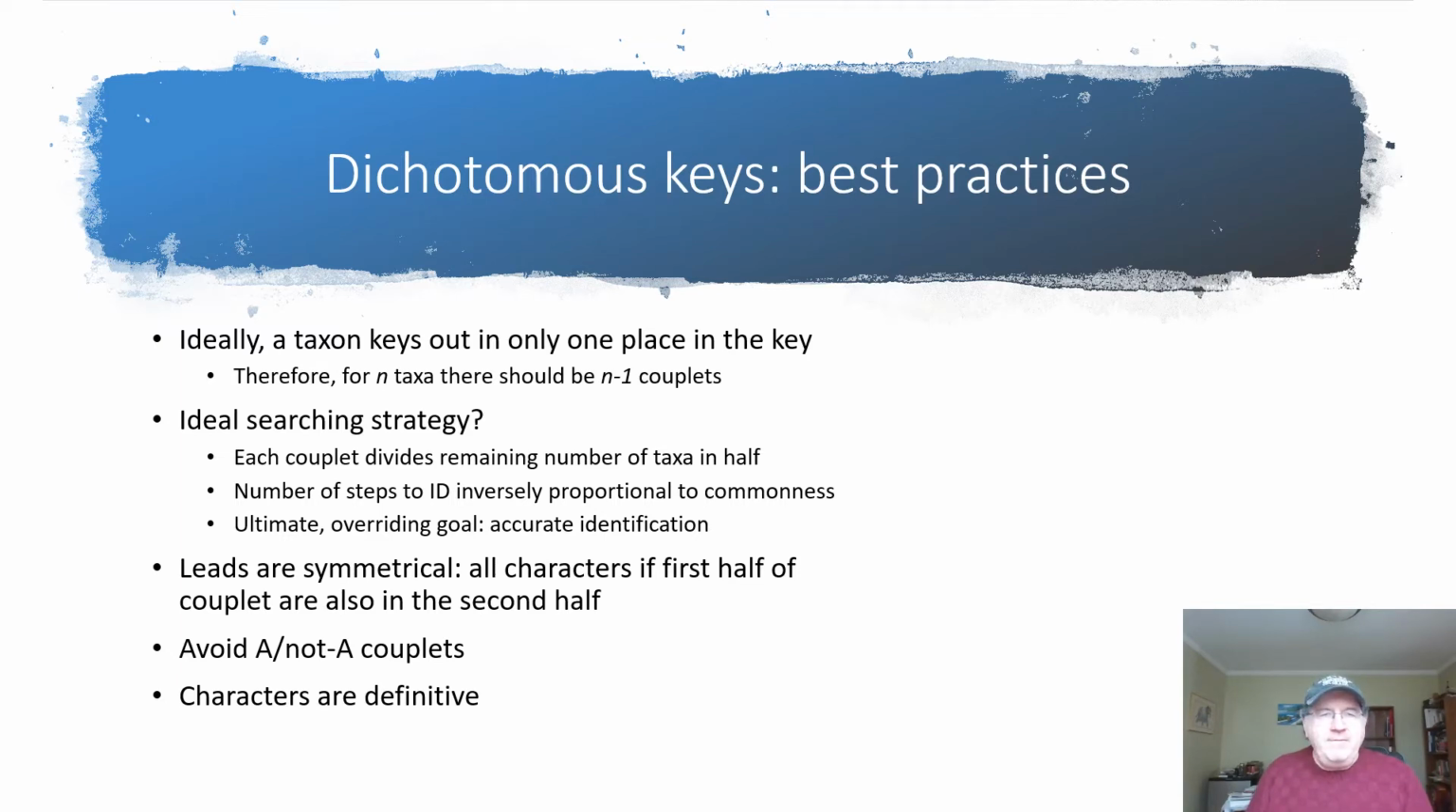There's a trade-off there. And often you are also constrained simply by the characters that are available to you. In order to have easily recognizable, interpretable, visible characteristics, you have to stray from what might be a theoretical ideal structure. Again, emphasizing that the overriding goal, the reason that we're writing these keys, is to make it easy for you to correctly identify the specimens that you have in